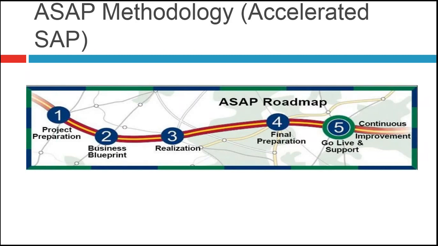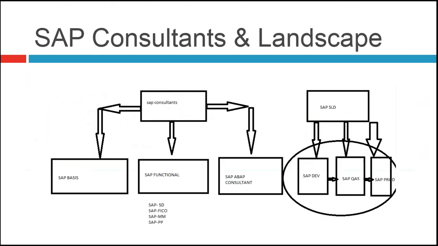So who are the consultants involved in SAP? In SAP, we have 3 types of consultants. The person who is going to install SAP and configure the users we call the SAP Basis consultant. Once the SAP system has been installed and is ready, you need to take the requirement from the customer and then configure your SAP database with the requirement of the customer. That will be done by your functional consultant, who takes the requirement from the customer and configures the data as per the requirement of the customer.